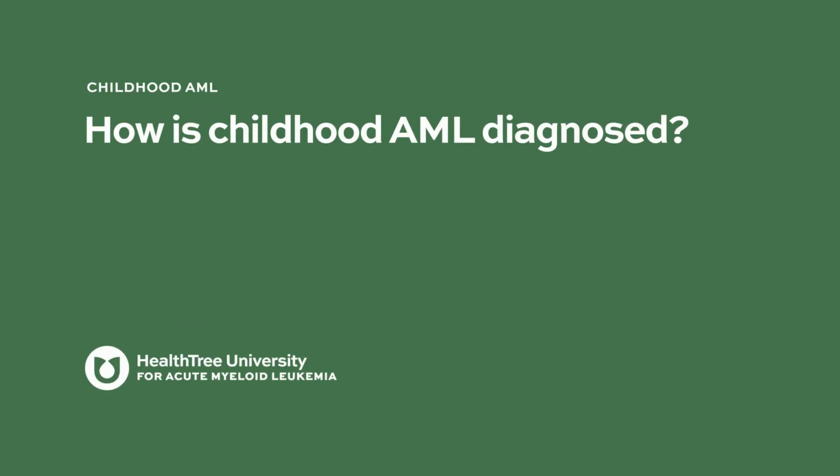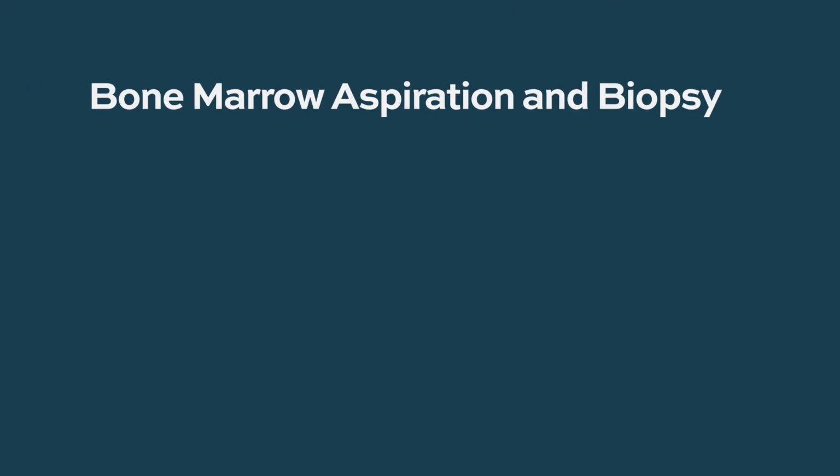How is childhood AML diagnosed? So pediatric AML is diagnosed almost always via bone marrow biopsy. And although you can see evidence of the leukemia in the bloodstream just on regular lab draws, the majority of children will get a bone marrow aspirate biopsy, which is when